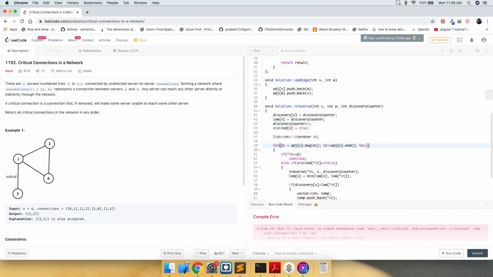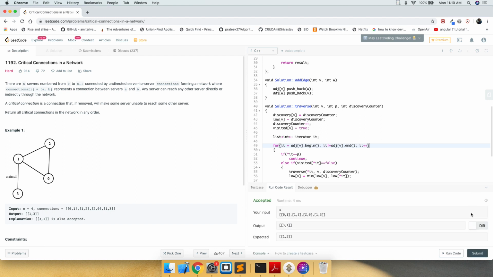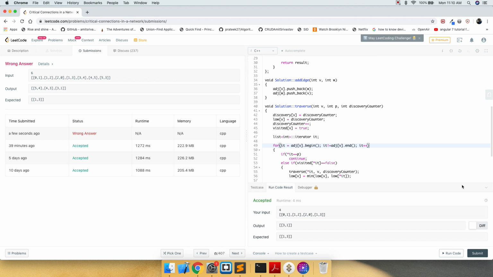I have a habit of starting a for loop with int i. Accepted. Wrong answer. Output expected 1, 3.